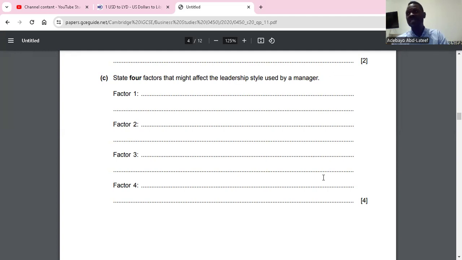That is for a small business. But if the business is large, it might be appropriate to use autocratic or democratic in terms of, what do we call it? Consultative. Consultative democratic style. Don't know what consultative is.